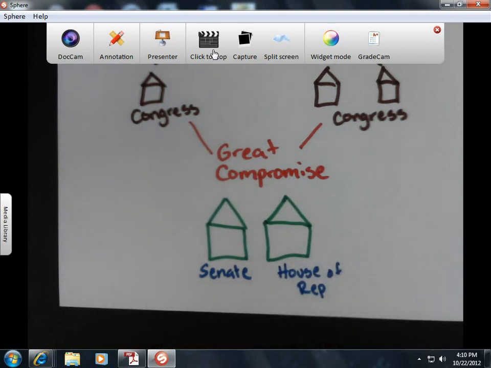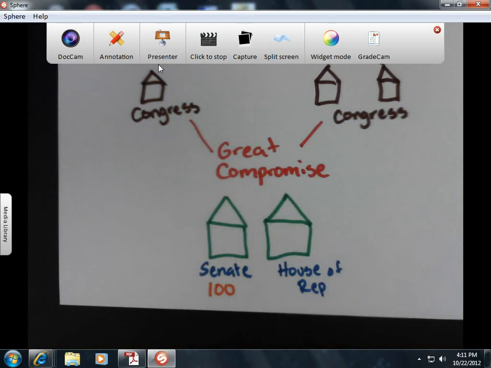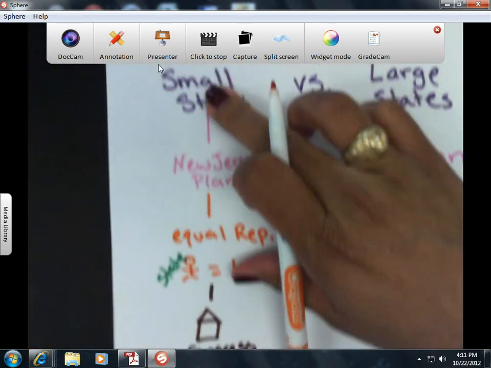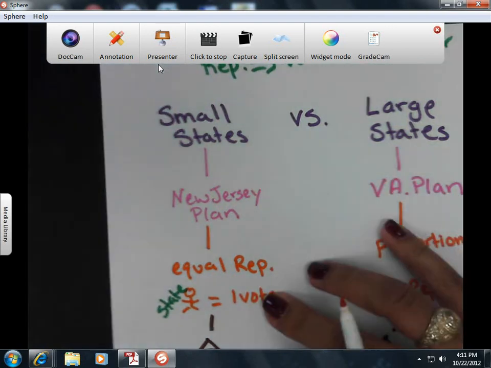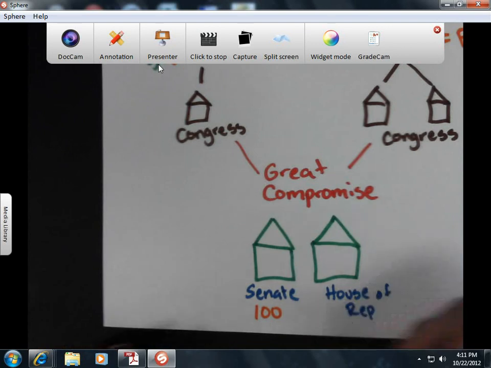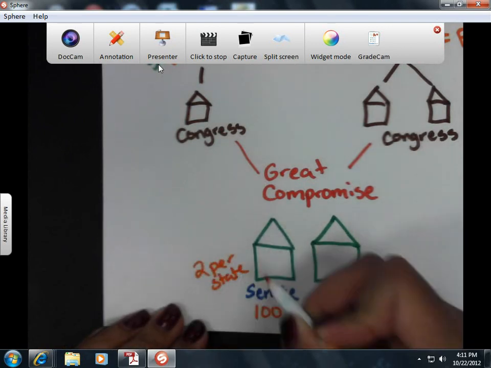Well, the Senate, and if you know, maybe you don't know, there are 100 senators today, 2 per state. Obviously, we didn't have 50 states back then, but the Senate was going to satisfy what we call the small states. They wanted equal representation. So in the Senate, we're going to have 2 per state. So in other words, this is going to satisfy the small states